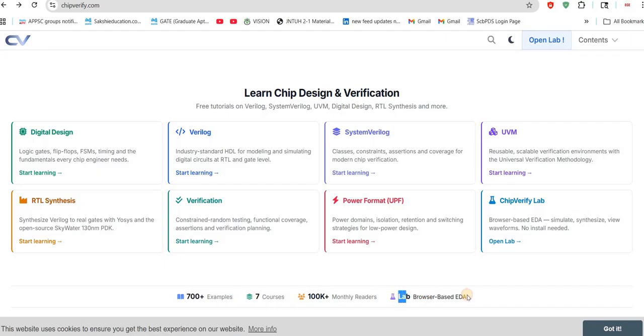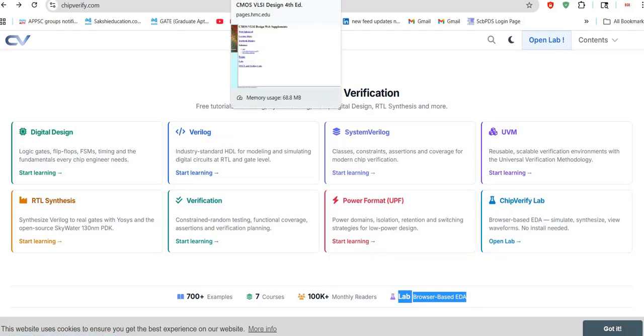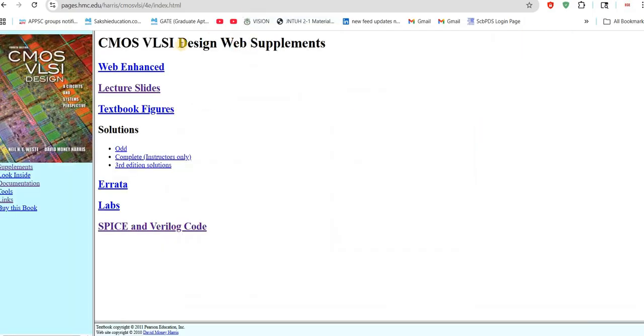There are almost 7 courses available and 700 plus examples also. You also have a lab, which supports different languages like Verilog, SystemVerilog, etc. It is very helpful for students who want to move into verification and design engineer roles. It is also one of the best websites. And the next website is